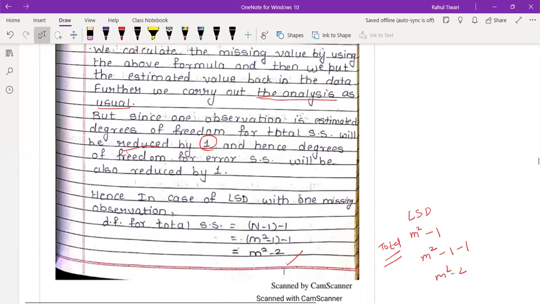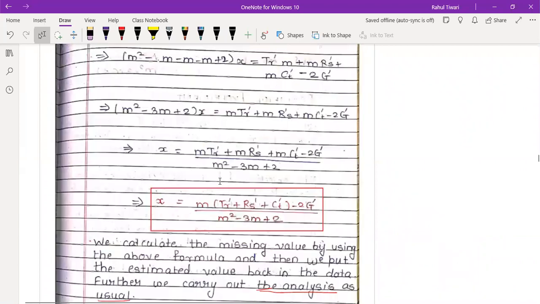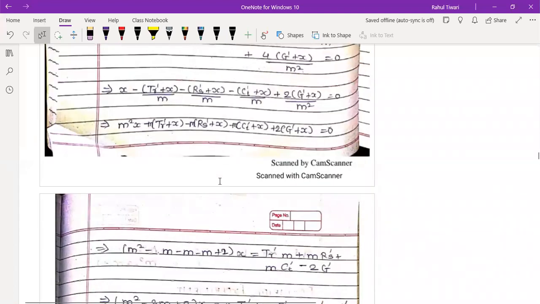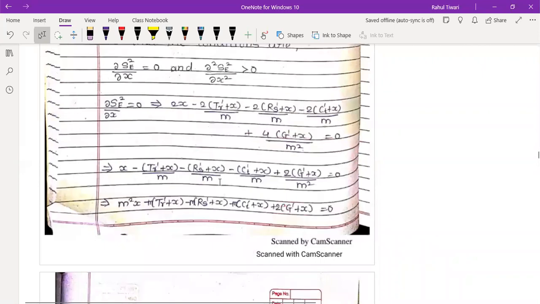See, you have to do exactly the same procedure as you did in the RBD. So if you understood RBD, you will understand LSD also. There will be no query in that case. Okay, so you can just go through that. You can write it down once again. एक बार आप लिखोगे उसको, लिख के समझोगे तो आपको समझ में आएगा कि क्या important है.